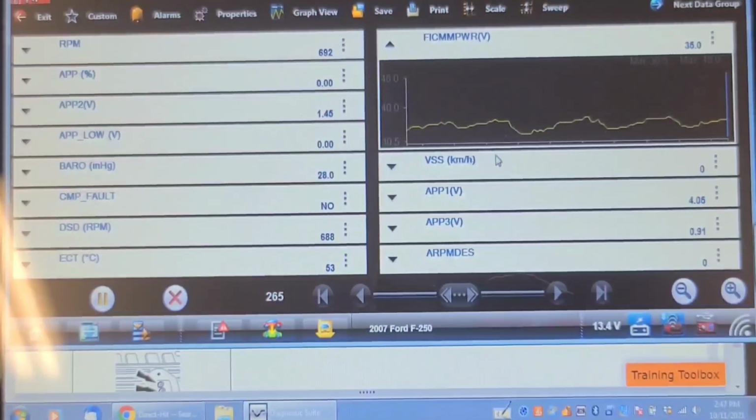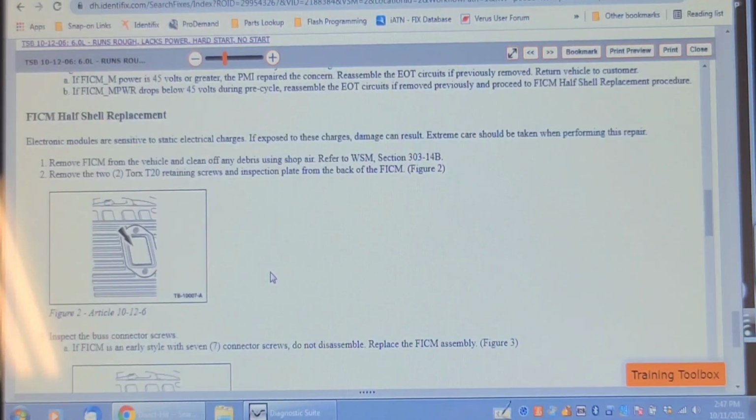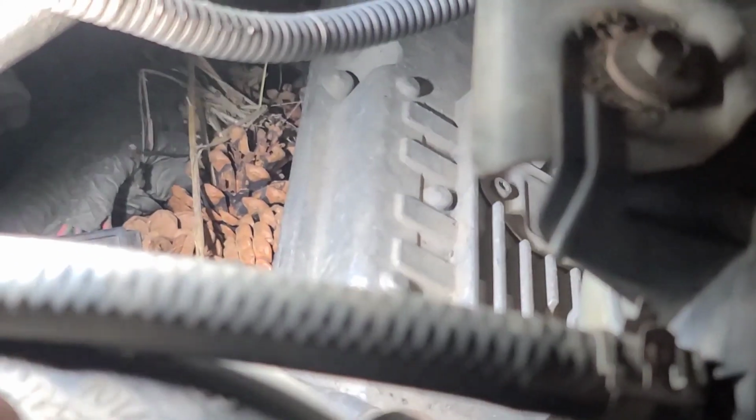These FICMs can be repaired if it's the second design. You can change just the transformer inside, I imagine. But I have to find out whether it's got the first design or second design. We call it a half shell replacement. So this is where the FICM lives down here, and I had a look in there, and it looks like we've got some